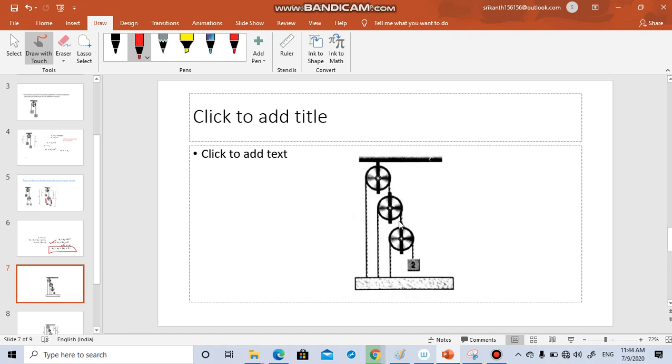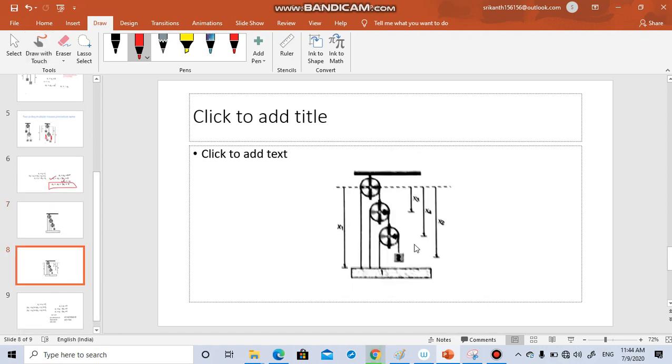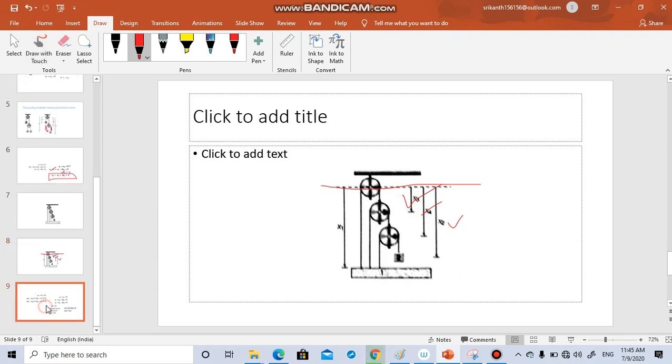This is also multiple pulleys. There are three pulleys here. For 3 pulleys we can take a datum or reference, both mean the same. So this is our reference line. Here these ropes are tied to one end, and there is one mass. So let us say this distance is x1, and up to the mass, this is x2, this is x3, and this is x4. So we need to frame the equations here.